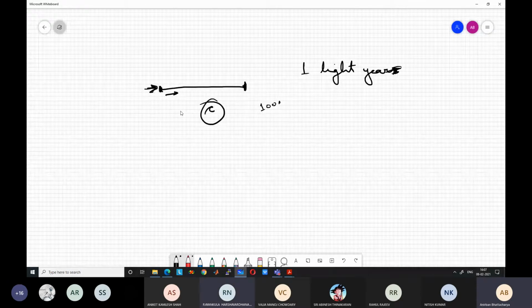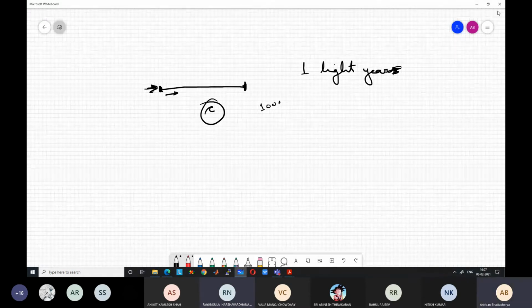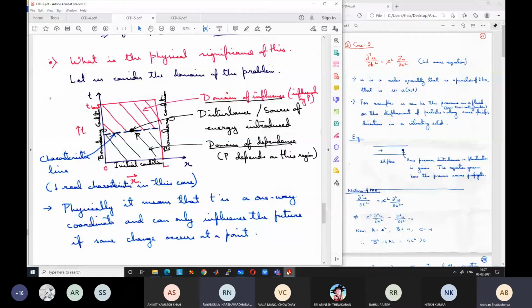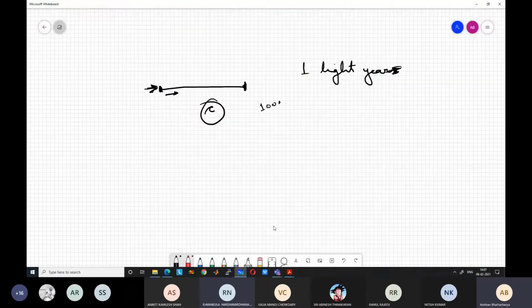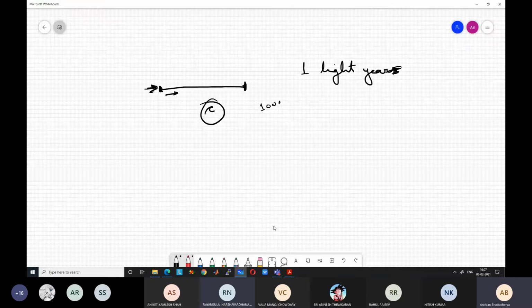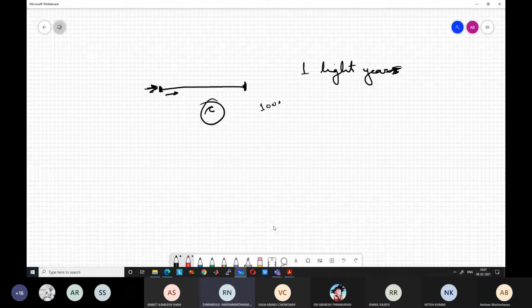So yes, question. Sir, in rigid bodies also it should take the speed of sound movement? In a rigid body? No, a rigid body will immediately move. There is no rigid body in real life. Yeah, there is no real rigid body, but a rigid body is a mathematical body. Even if it is 100 light years long, if you push one end, it will start moving at the other end immediately. It will not depend on pressure waves or anything.